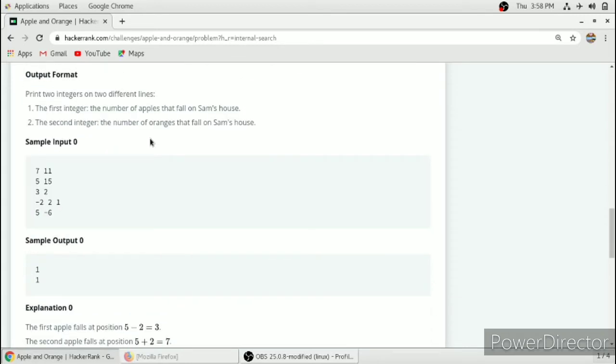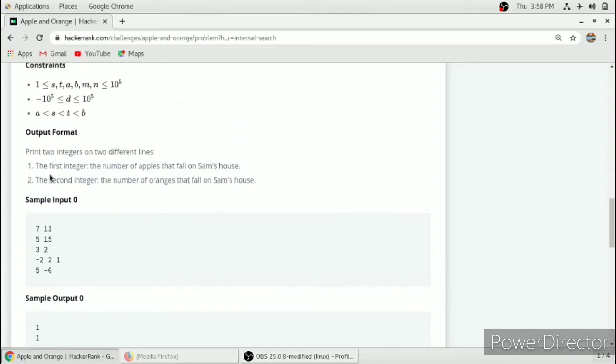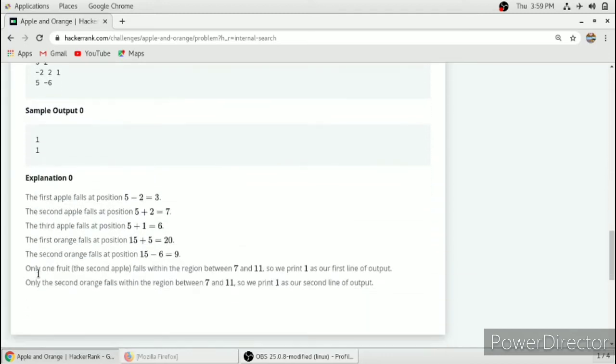That is, in this example, 7 to 11 is Sam's house, 5 and 15 are the apple tree's location and orange tree's location respectively, and 3 and 2 are the number of apples fell and number of oranges fell respectively. This -2 to 1 is the locations where apples fell on the ground, and these 5 and 6 are where the oranges fell on the ground.